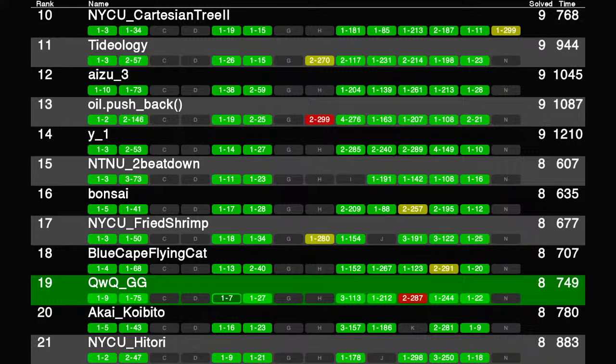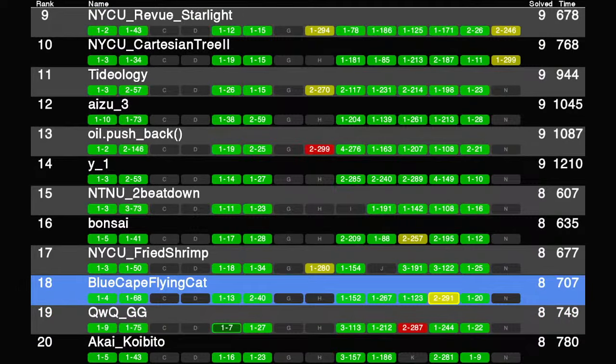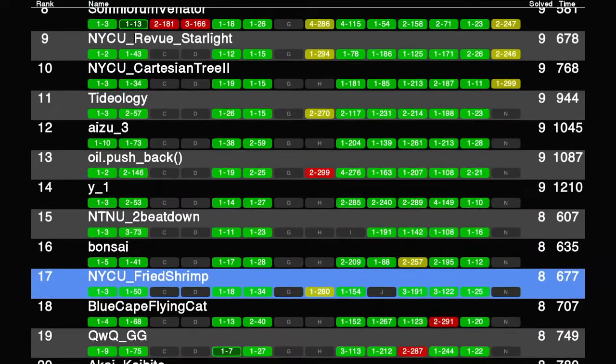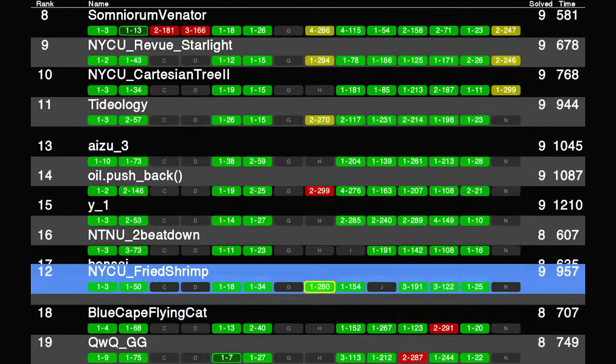And yeah, I think it stopped here because they were the first one to solve problem E. So it seems the program will only stop rolling when there are first to solve winners. Then, okay, we continue. So, Brookhead Flying Kid had another submission on problem, I think it's L, and the one